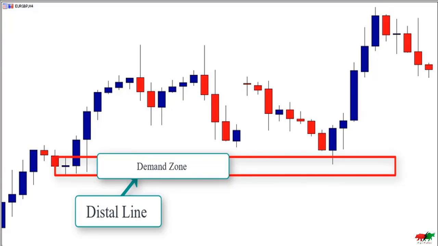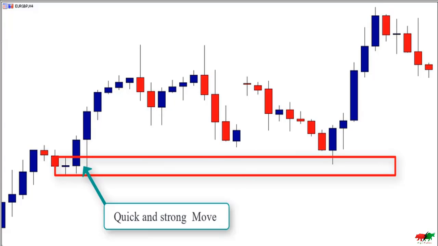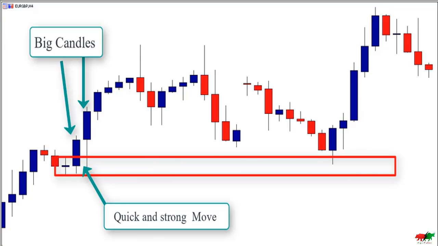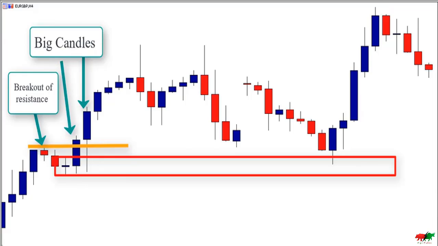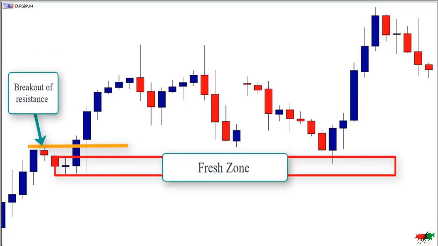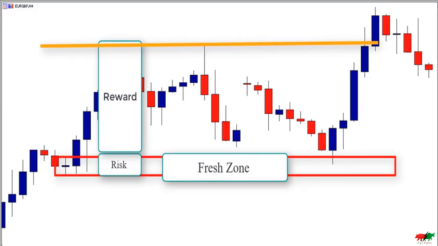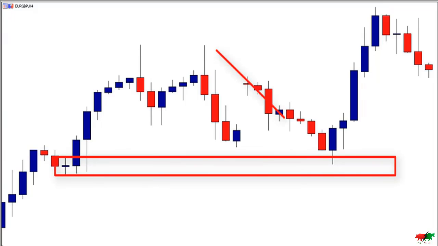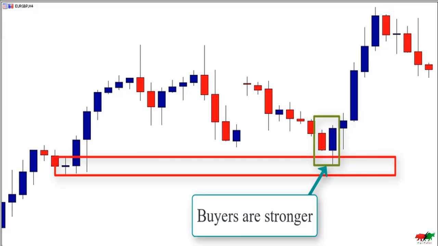As you can see, the zone is quick and strong. The candles are big. The previous resistance is broken. This zone is fresh and the risk to reward ratio is good. So when the market retraced back to test this zone, prices formed a nice engulfing bar pattern. The formation of this candlestick pattern indicates that buyers are stronger than sellers, and they are likely to dominate